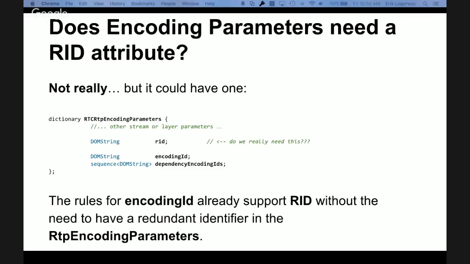Yeah, I think that's an invariant we need to maintain, that each source RTP stream has an independent RID. Okay, then that clarifies it, and we can fix the spec.